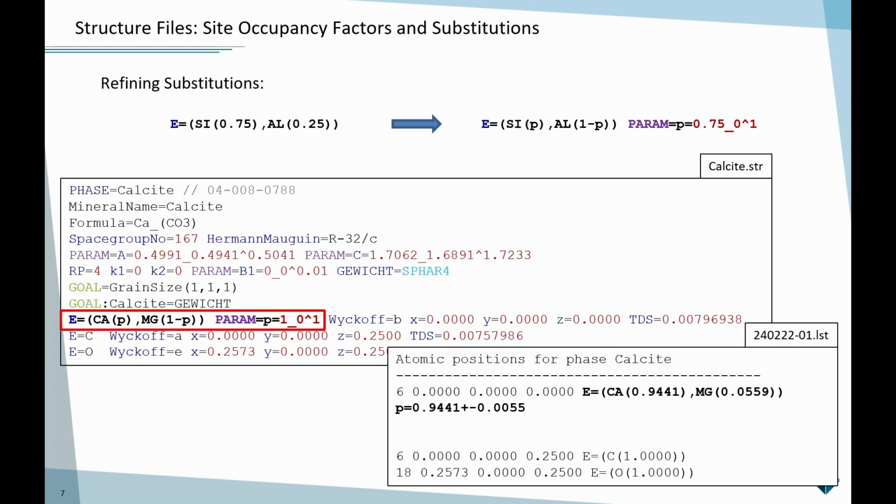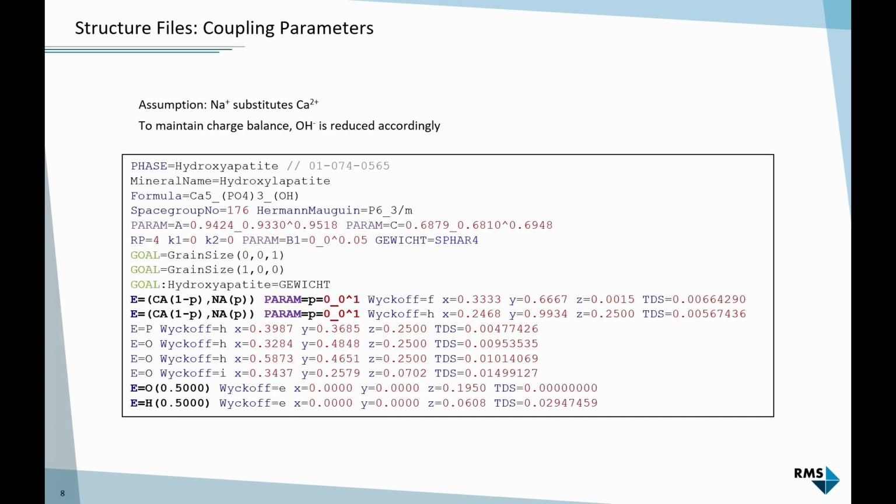And after the refinement in the list file, down at the atomic positions, we will see the result. So around 5%, a bit more than 5% of the atoms are magnesium on this site. Now let's